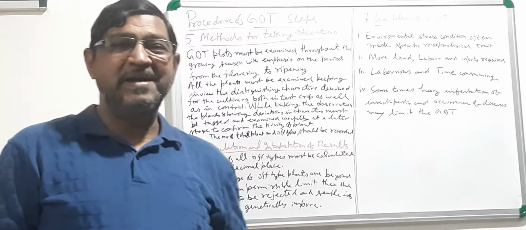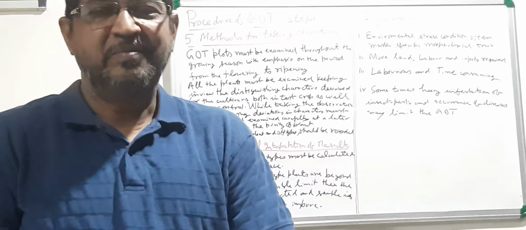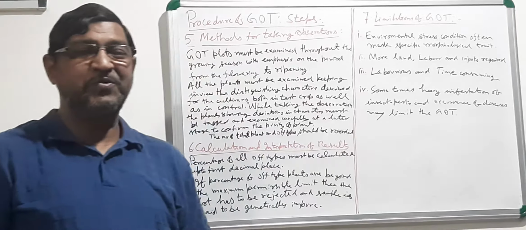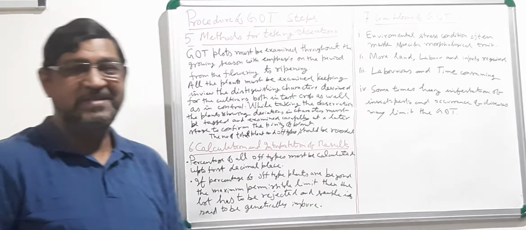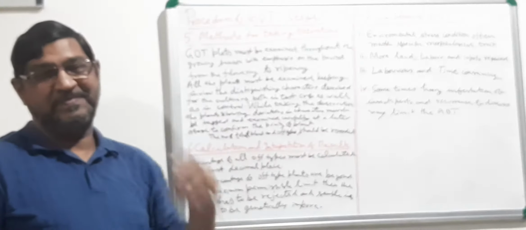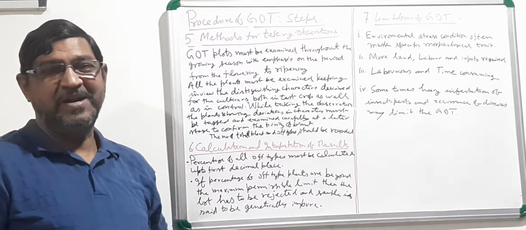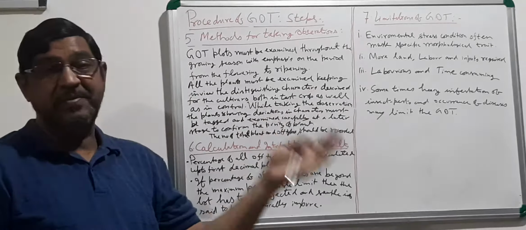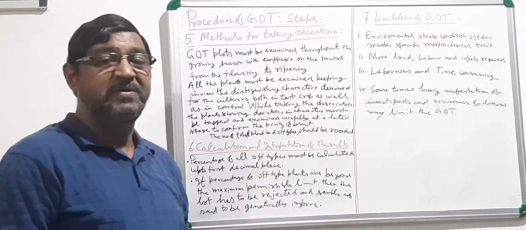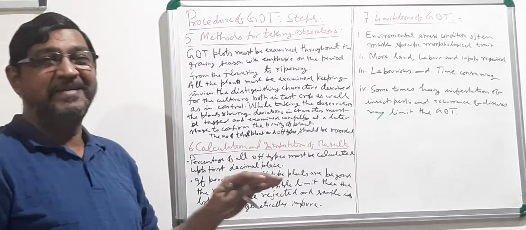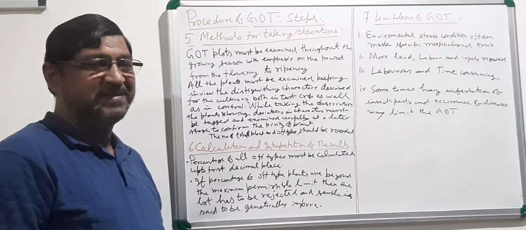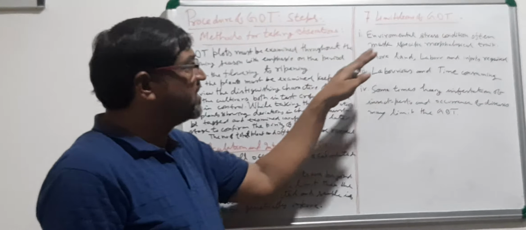So this is all about varietal identification through morphological tests, particularly the grow-out test, in which you are growing the crop, taking the whole crop season for identifying the variety. The other tests, whatever chemical test or electrophoresis test, can be done in a shorter period. But this is a very lengthy process. That is why there are limitations of the grow-out test.